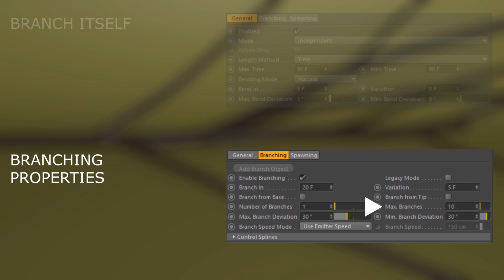What the total amount of branches it will try to make before the maximum length of the current branch is reached. And finally, what maximum angle the new branches can shoot out at the beginning. Now this is where I think, oh gosh, I hope I just made sense, because that was a lot of